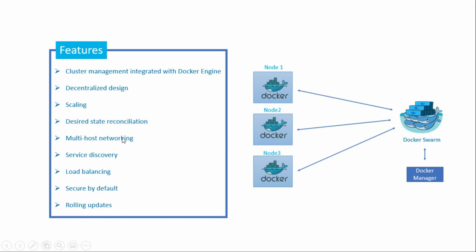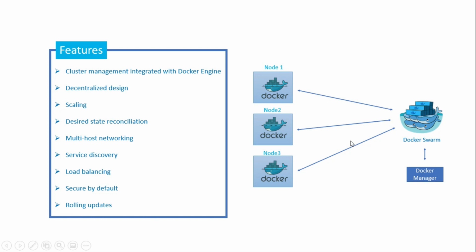Multi-host networking. You can specify an overlay network for your services. The Swarm Manager automatically assigns addresses to the containers on the overlay network when it initializes or updates the application. Service discovery. Swarm Manager nodes assign each service in the swarm a unique DNS name and load balance running containers. You can query every container running in the swarm through a DNS server embedded in the swarm.